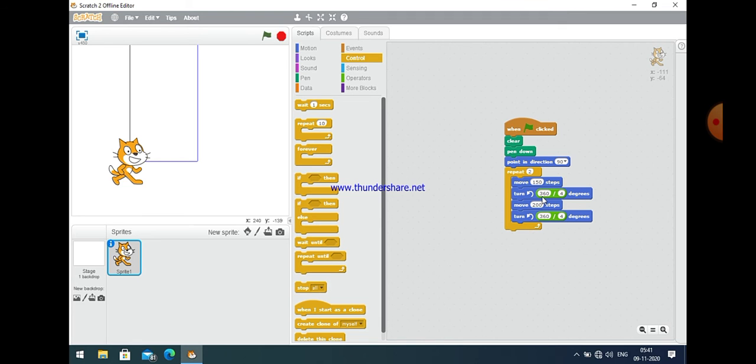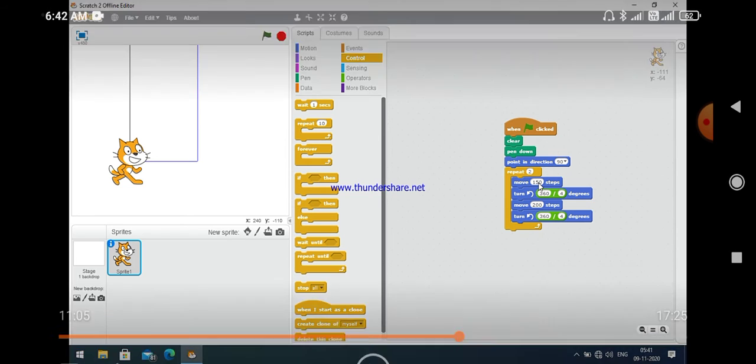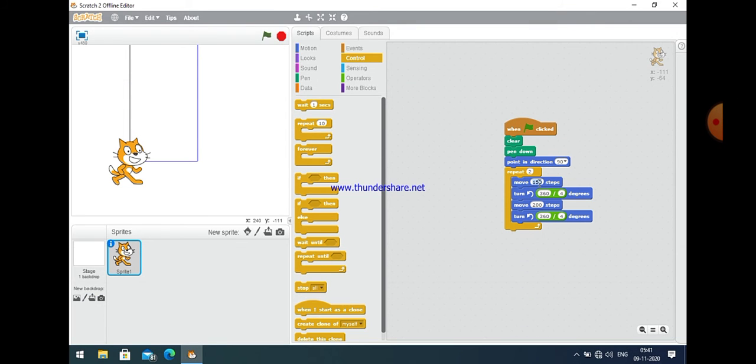This is a rectangle. Let us change the length again. Let us take the first as 250 and the second as 150. Now you can easily see that this rectangle will be created.